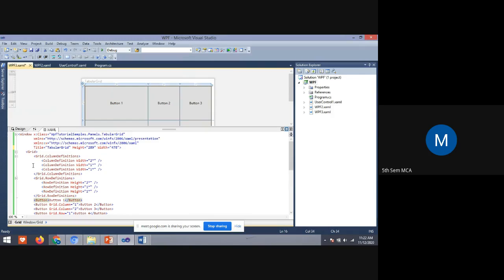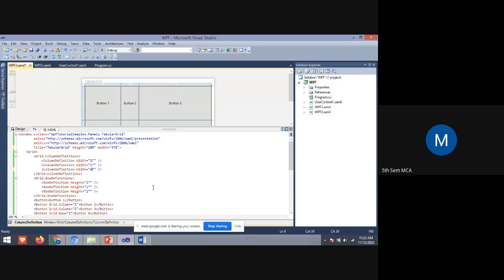Everything we do in the grid, in the grid column definition. See, students, the first column width is bigger compared to the second and third buttons. Why? Because the width is 2. Now I'll change the third column width to 4.